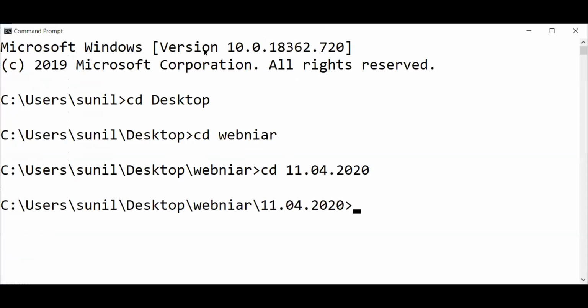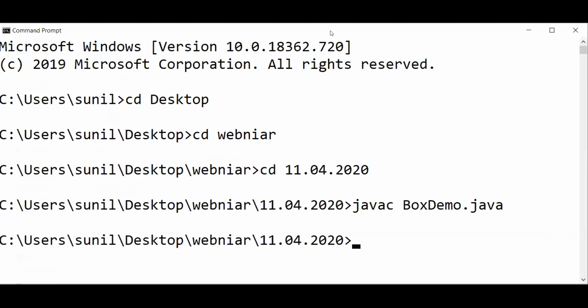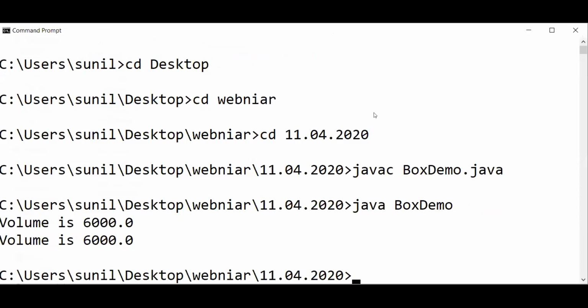Okay, I am again compiling the same program, BoxDemo.java. Then running. Now you see here the volume is printed two times and both have the same value.